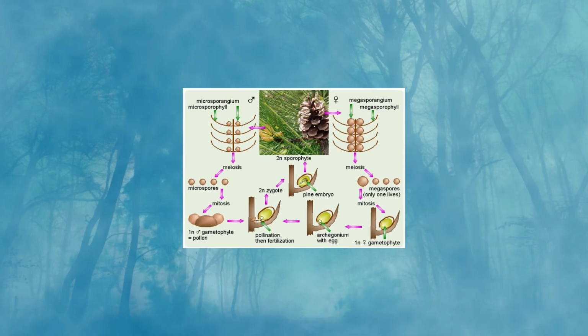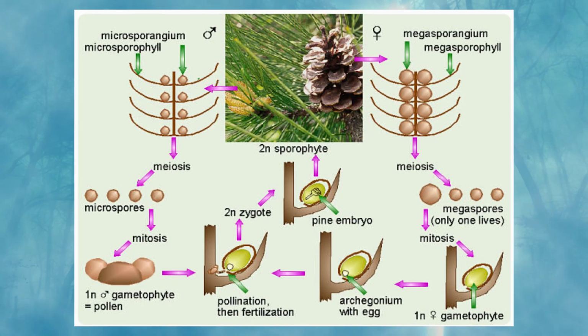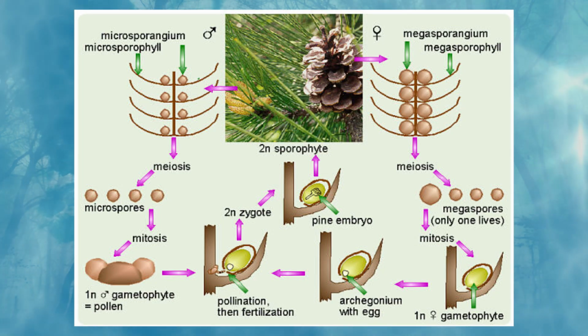So, microsporangia are there, megasporangia are there. Microsporangia through meiosis make microspores, and through mitosis the pollen grains are formed, and then they give out the male gamete which fertilizes the egg, which comes through the megasporophylls and megaspores, and then through archegonia and reduction division the egg is formed. After combining with the male gamete, the 2n zygote is formed and the embryo is formed, which through seeds again propagates and gives the sporophyte.